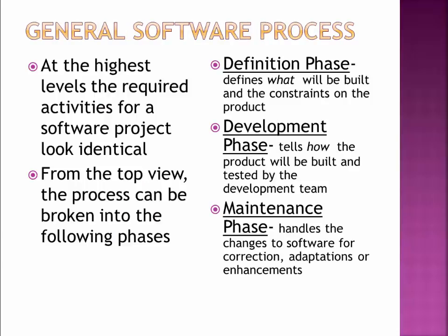So how do we do that? How do we capture it? How do we write these things down? Well, at the highest level, most of the software projects look the same, and that's how everybody pretends they're doing process. We have some sort of definition phase where we say, what are we going to build? And we constrain the product that we're going to build. We have some sort of development phase where we write some code, we test some code, we do a bunch of stuff,